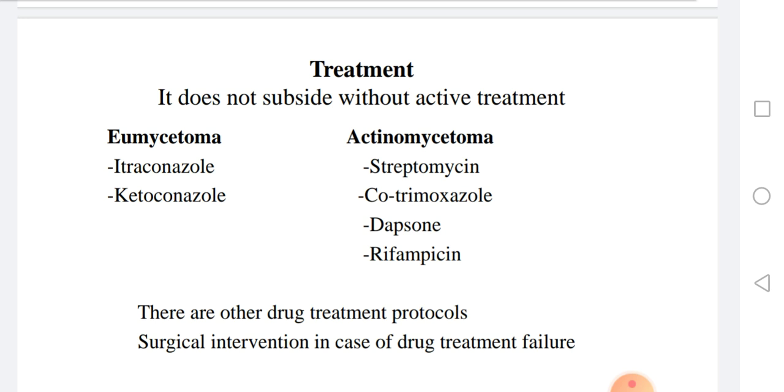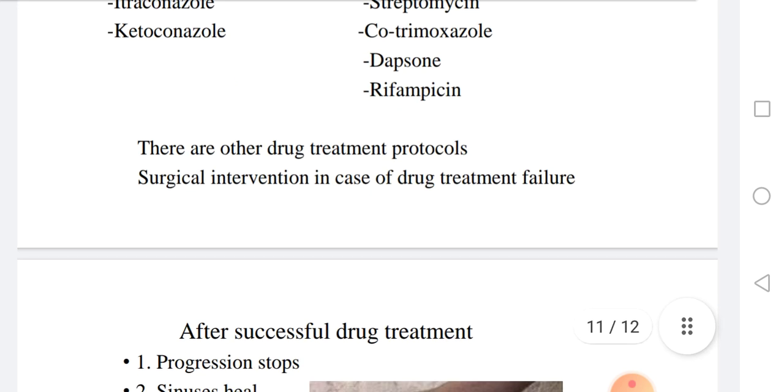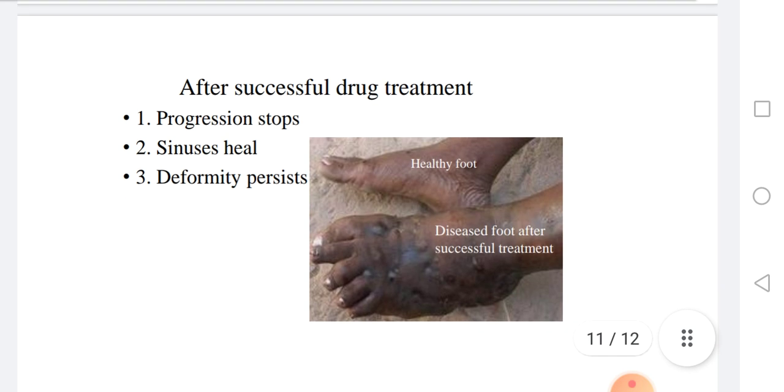Still, there are other drug treatment protocols. And you may resort to surgery, surgical intervention in case of drug treatment failure. And this intervention may be surgical cleaning or even amputation of the limb. After successful drug treatment, the progression of the disease stops. So no more progression in the disease. And the sinuses heal,